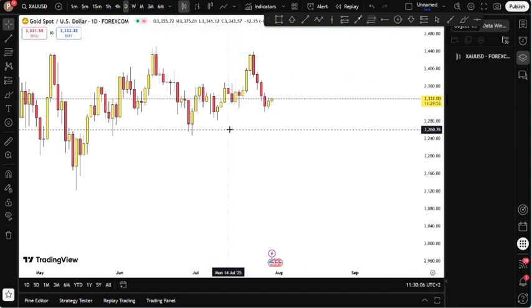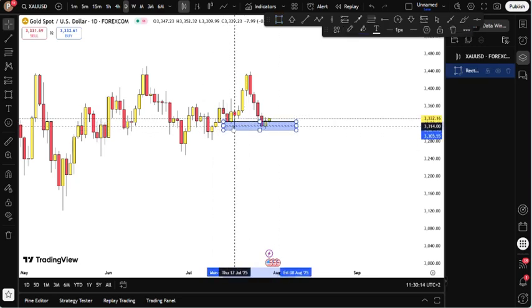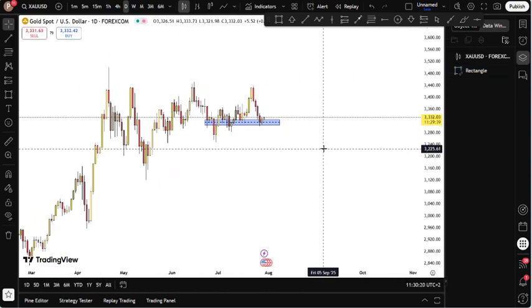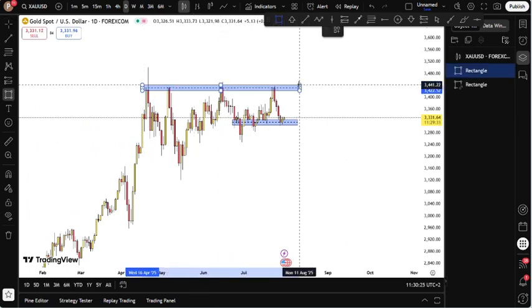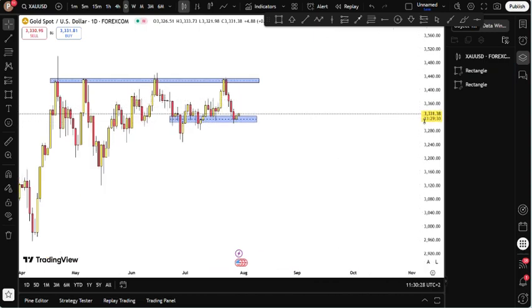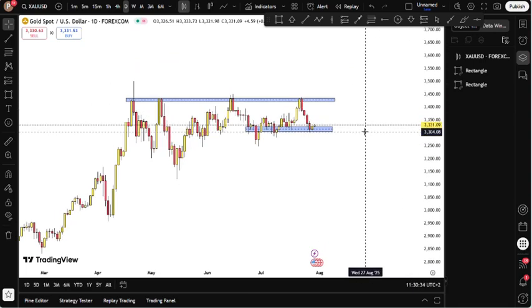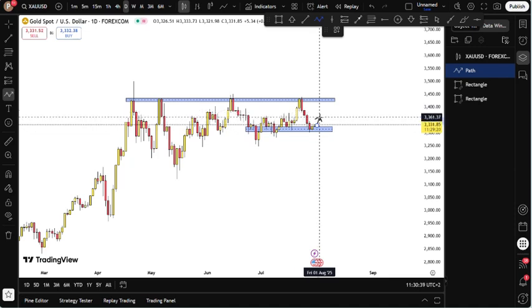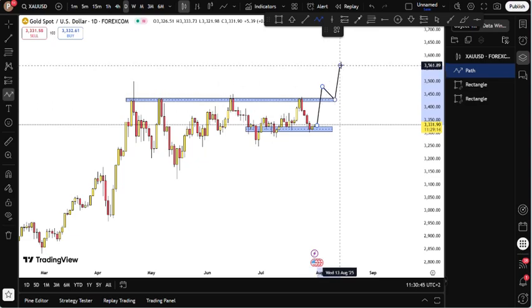So I'm going to identify for you now our daily structure levels. Like I said, right here, extend this out, and leave this one out. Now what I would want to happen is that if gold were to stay above this level, I would wait for a break and retest of this level here, like this.